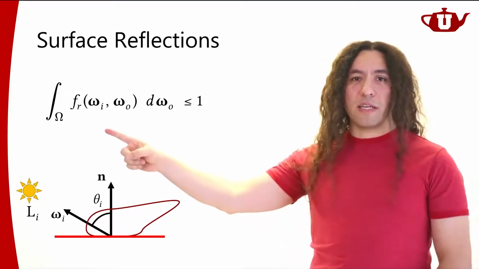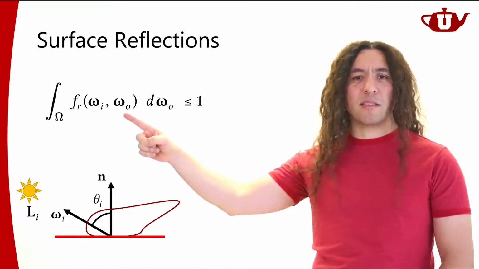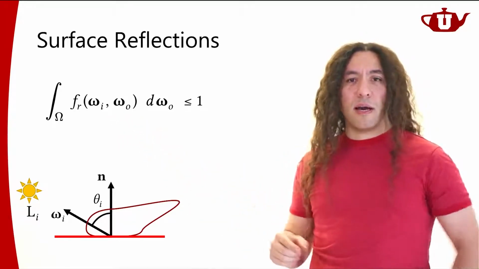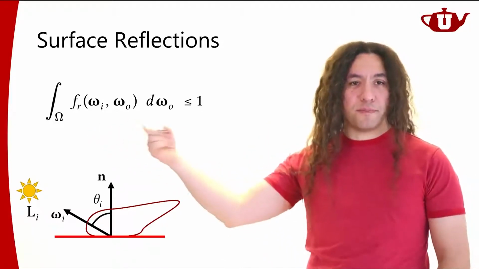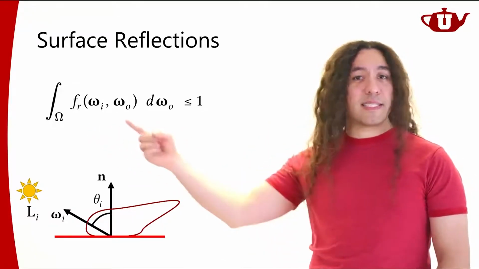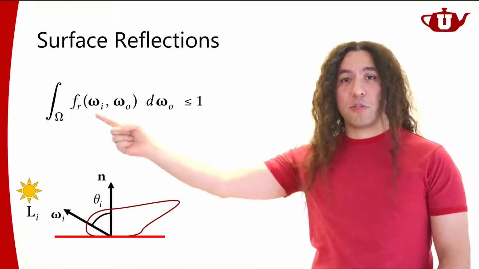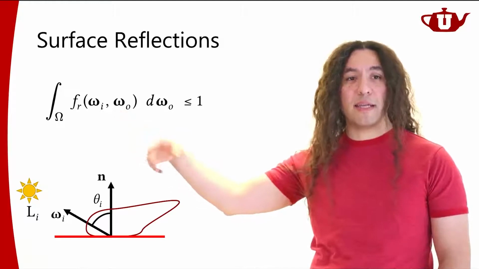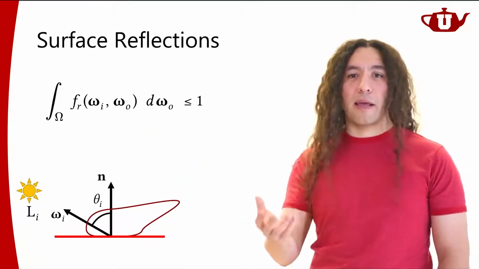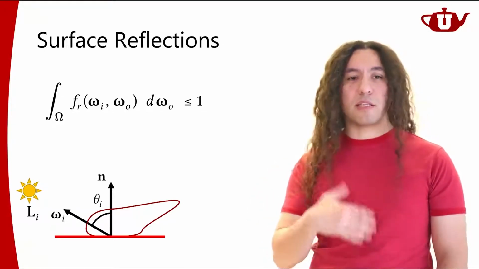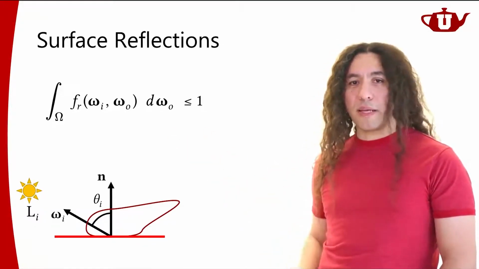Yeah, it's a 3D vector, but it's a unit vector, so it only has 2 dimensions actually. So you can think of this incoming light direction being 2 dimensions and outgoing light direction being 2 dimensions. It's a position on a hemisphere. Both of them are positions on a hemisphere. So BRDF is more like a 4-dimensional function. Right? 2 dimensions from this, 2 dimensions from that. It's a 4-dimensional function that returns either a scalar or a color value or a color spectrum or light spectrum, depending on how we're modeling our BRDF.